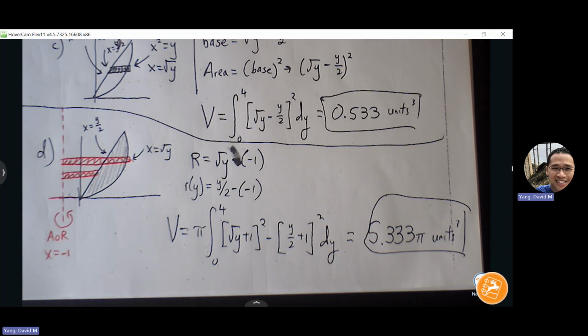Okay, page 10. I'd like for you guys to try these three problems on your own. See if you can set it up and